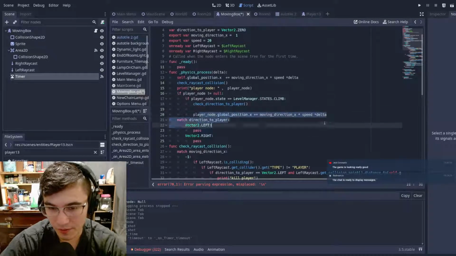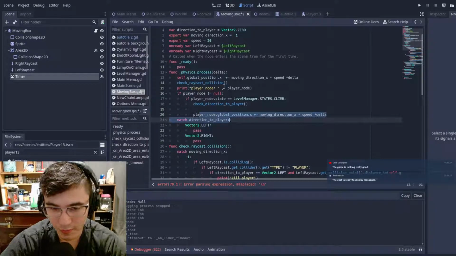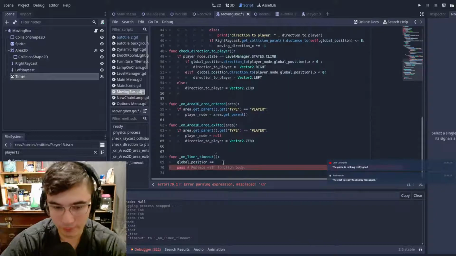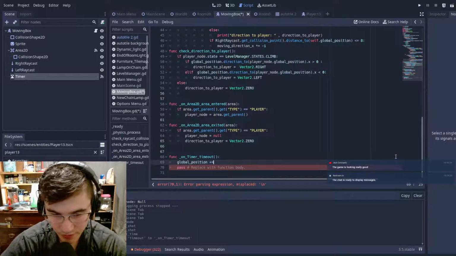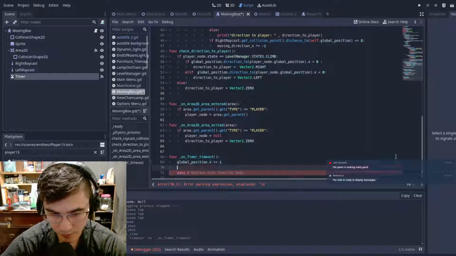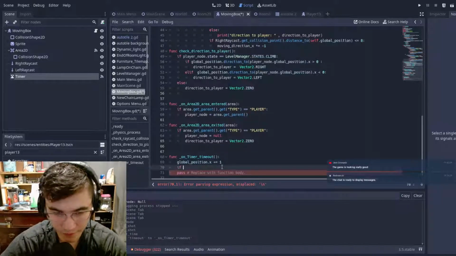We wouldn't copy this speed anymore. We would just say global position dot x plus equals 1. So it would move a pixel every time, and then if player node